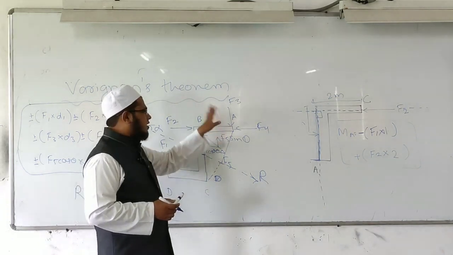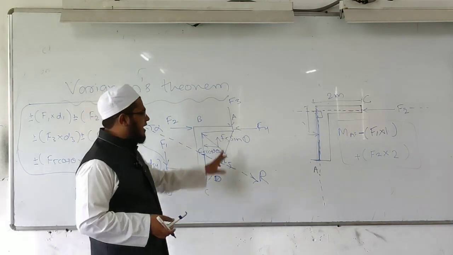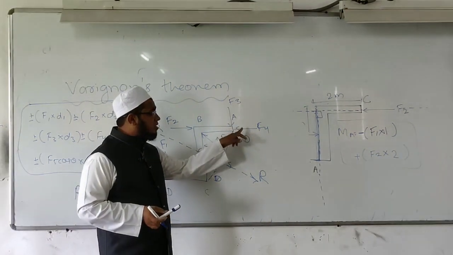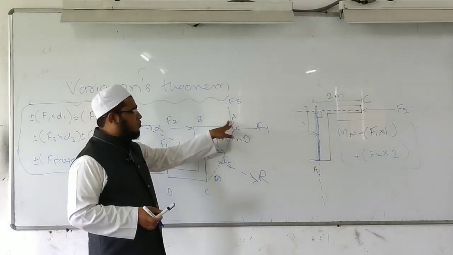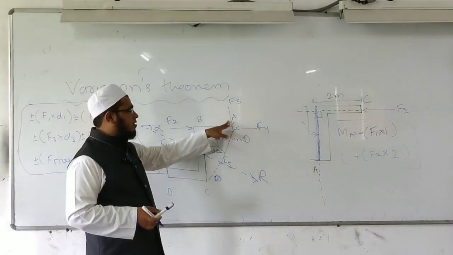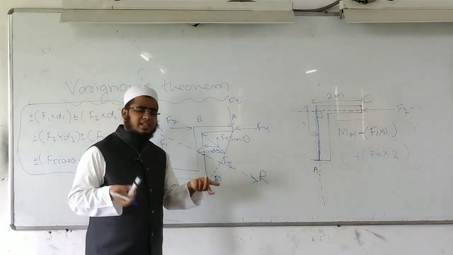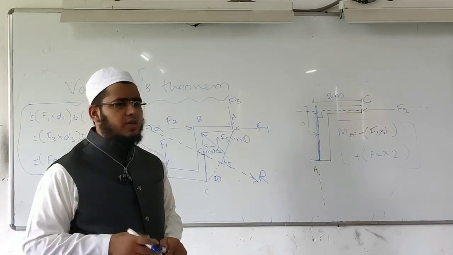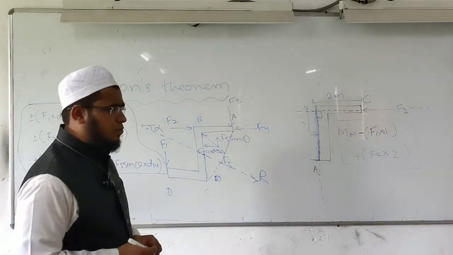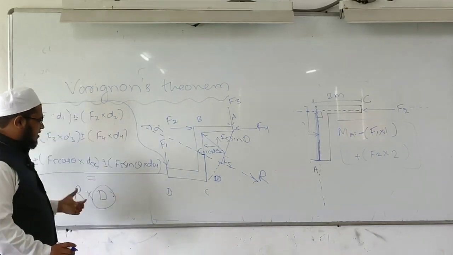So assume that we have to find the position of the resultant from point A. Then I will calculate the moment of all forces with reference to point A. I will find the product of force and perpendicular distance. I will see whether it is anti-clockwise or clockwise. Then accordingly, if it is anti-clockwise, it is positive, clockwise is negative. Once the algebraic sum is known, I will equate that algebraic sum